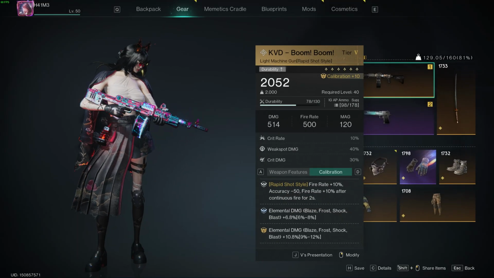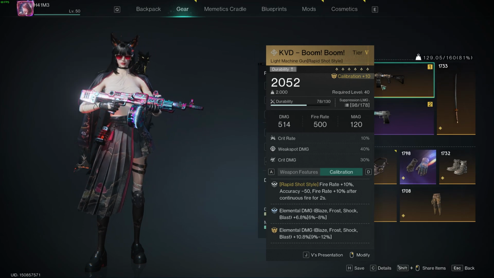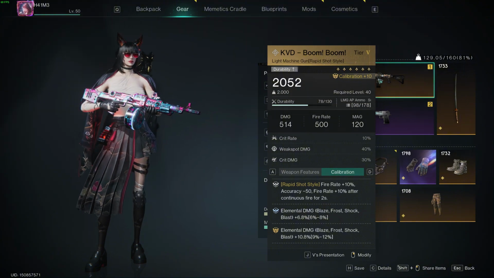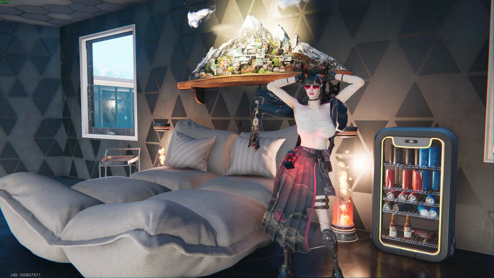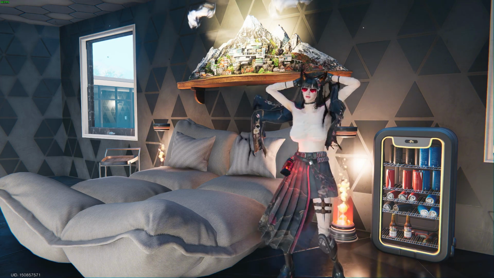For weapon calibration, I'm using Rapid Style along with double elemental damage. It really amps up the speed and elemental output, making the whole setup feel even more aggressive. And that's the full breakdown of my KVD Boom Boom build. This setup's been putting in serious work, great for melting enemies with burn damage and keeping that elemental pressure up